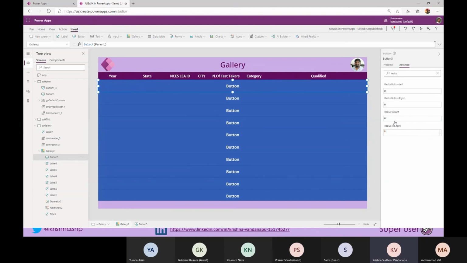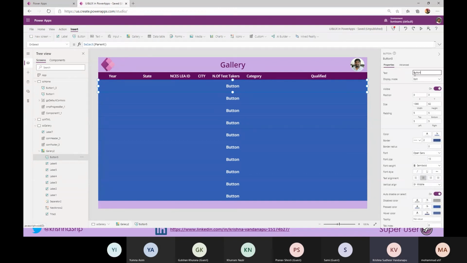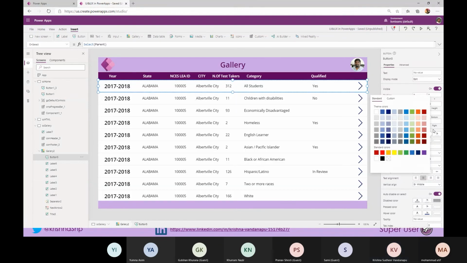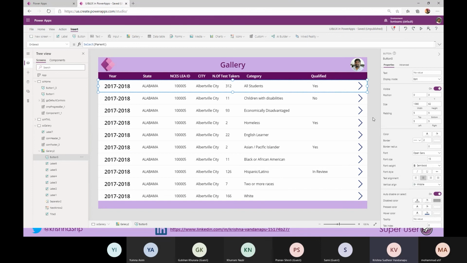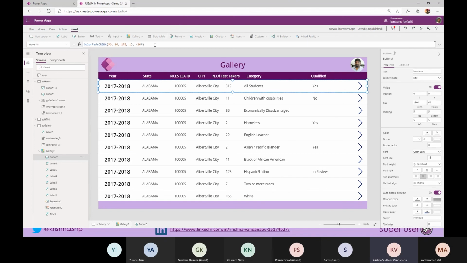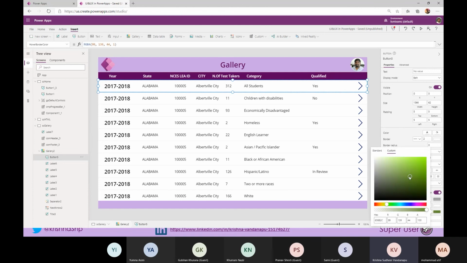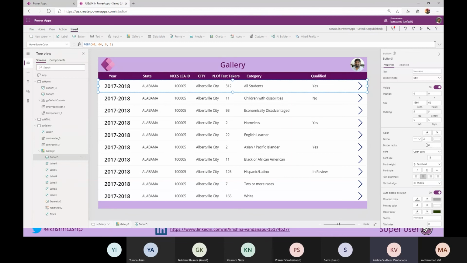Now you change a few other properties of the button: remove the text and change the fill to transparent filling. That's all it is. Now I have my button control on hold. Just remove the hover. Next one is hover border. We need to change it. Just add the hover border color to thick green and change the border level to probably 5.